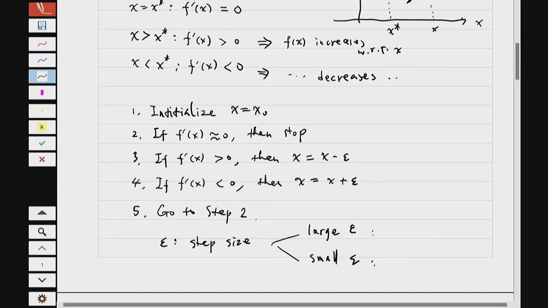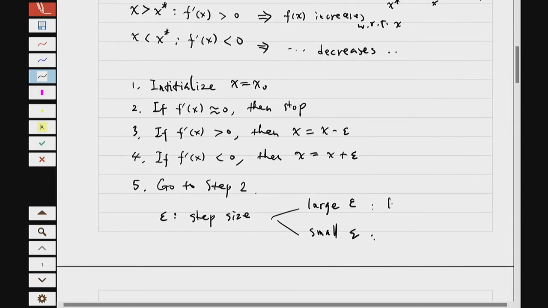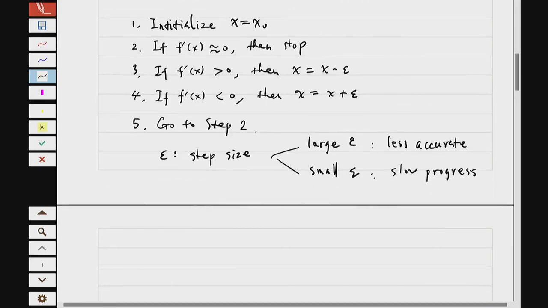If you use a small step, of course, every time you move only a little bit, then who knows how long it takes to get to the optimal point, because you don't know what the optimal point is in general. If you knew ahead of time, you wouldn't be doing this, right? So you don't know how far away it is from you. If you're very, very cautious, then it takes forever to get there, right? So both of them have problems. A large epsilon can give you a less accurate result. A small epsilon potentially gives you small progress, potentially leading to a very long runtime of the algorithm. The solution is